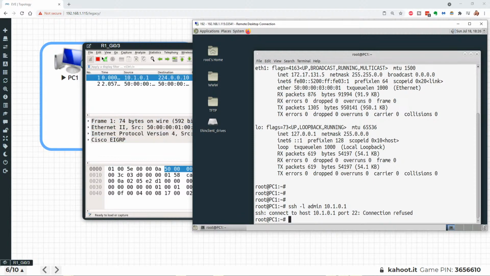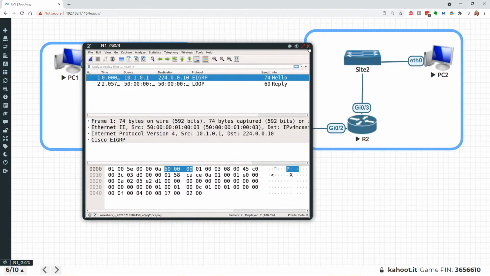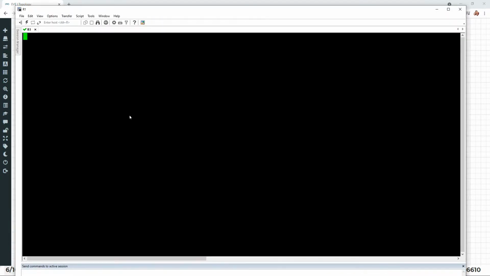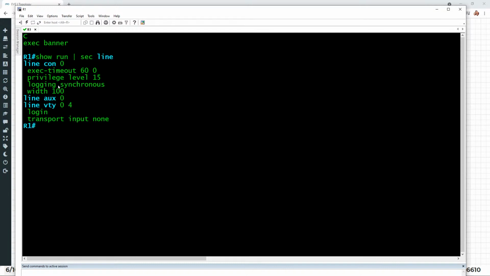Let's just take a quick peek. In fact, let me turn off this capture for a moment and close that window. All right, so let's take a look at R1 real quick and just verify why it failed. And this is all leading to QoS, by the way, because I want to show you the IP precedence field in the IP header. So this is R1. Let's do a show run, and we'll say section line. That's just an easy way of seeing the line configuration. Okay, so when we connect via SSH or Telnet, we're connecting on one of these logical VTY lines, which is why I'm having the problem.